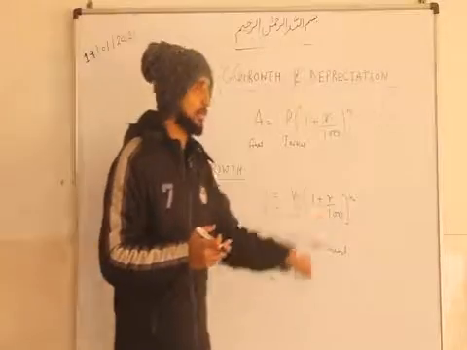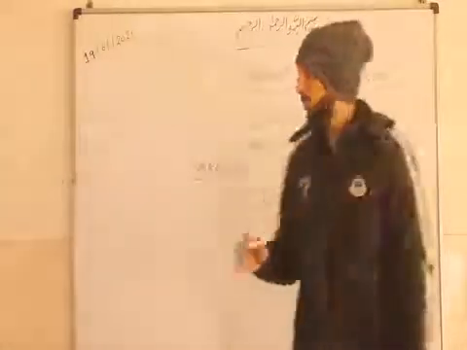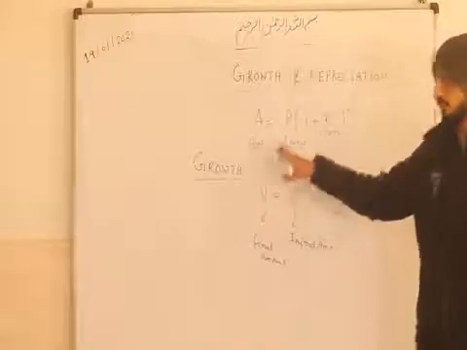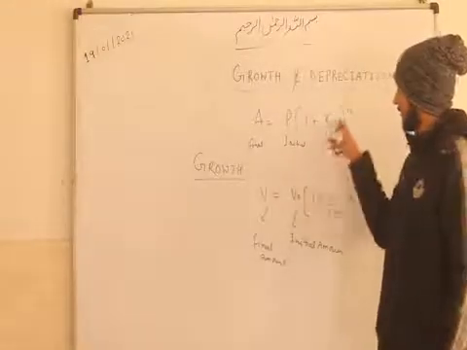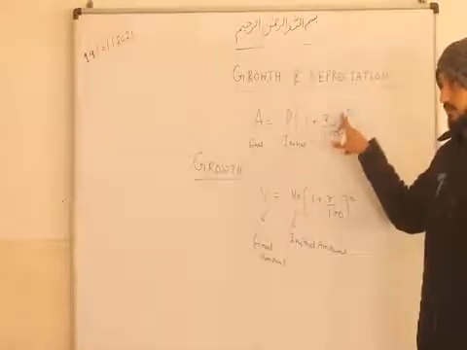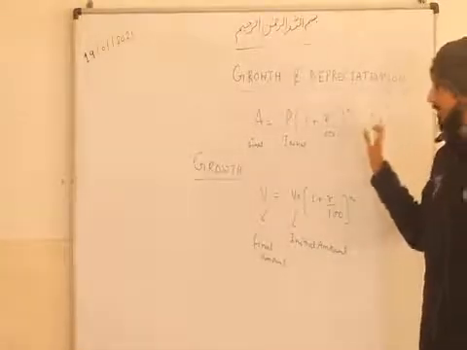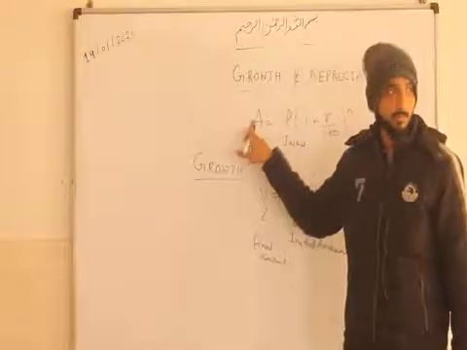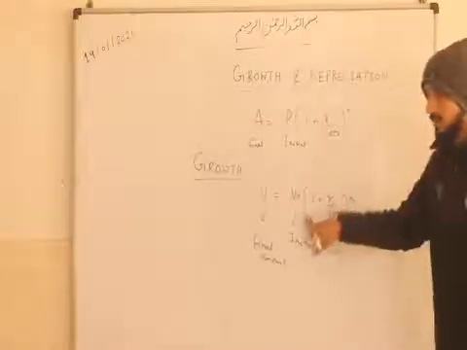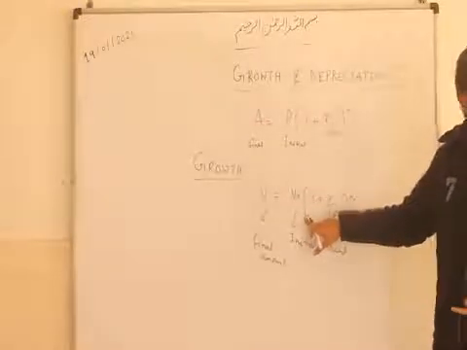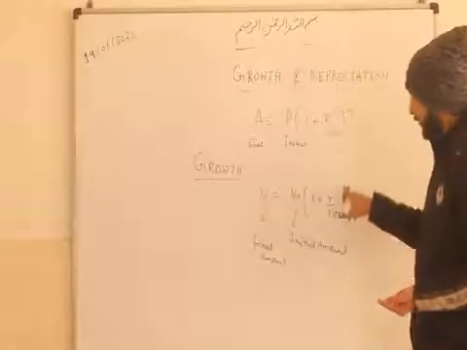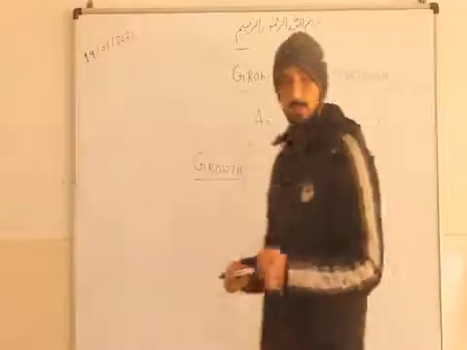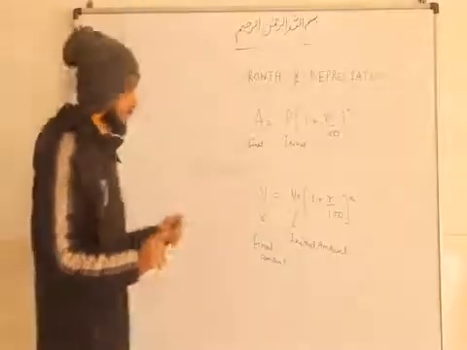So this is the formula to calculate the growth. This is similar to the formula that we used to calculate the amount. That was the principal, the initial amount, and after applying a certain rate for a certain period of time, we get the final amount. Similarly here, there is the initial value of any asset, any data, and this is the final value after applying the rate. So by this formula we will calculate the growth.